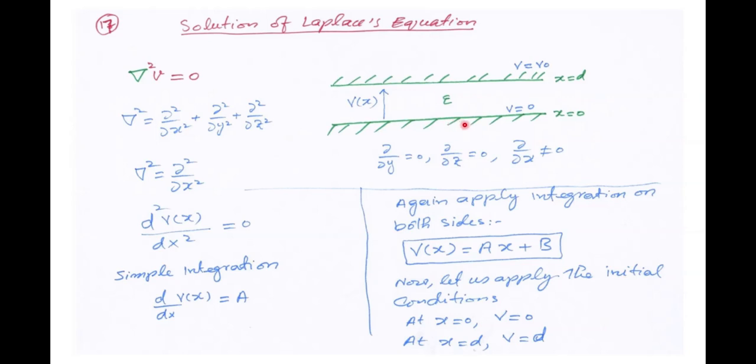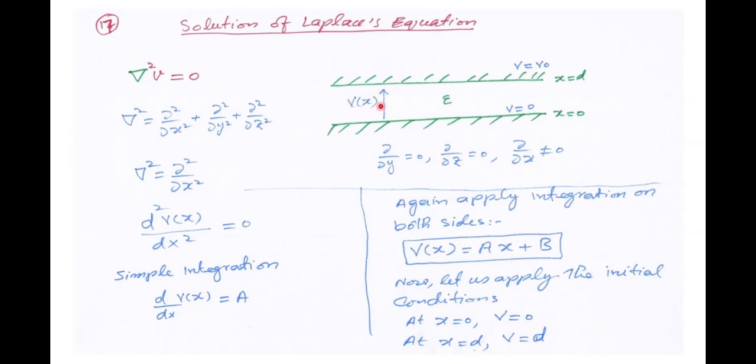One plate of the parallel plate capacitor is located at x equal to 0, having zero potential, and the second plate is located at x equal to d, having potential V naught. The material in between the two parallel conducting plates is some insulating material, and first we have to obtain the expression of potential